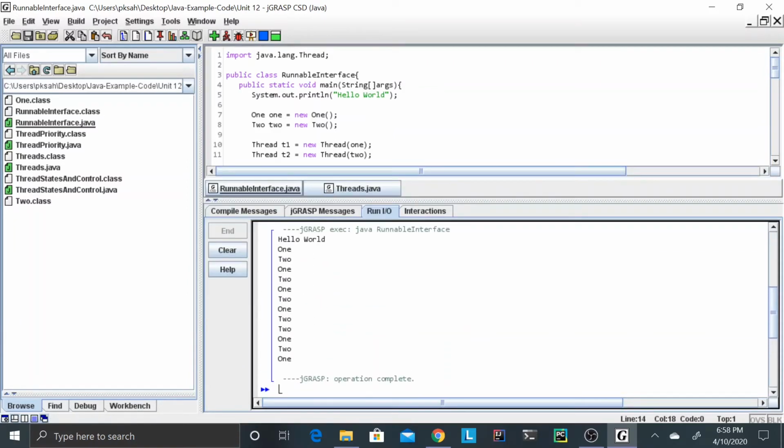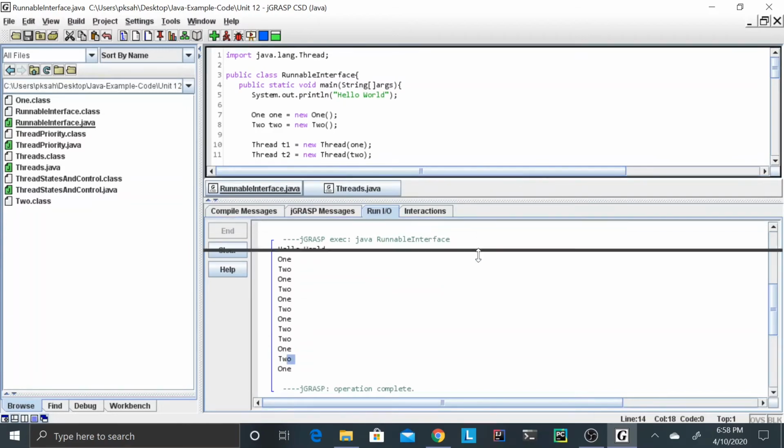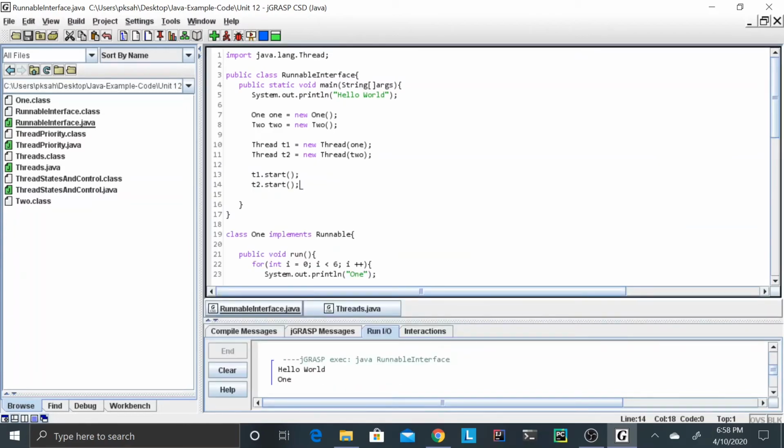you'll notice here we have some concurrent printing. So 1, 2, 1, 2, 1, 2, 1, 2, and then suddenly we have 2, 1, and then 2, 1. Essentially what's happening here is that one thread might be getting ahead of the other thread. One is printing before the other one, when in reality it should be vice versa. So what we can do here is put a little try catch and do Thread.sleep